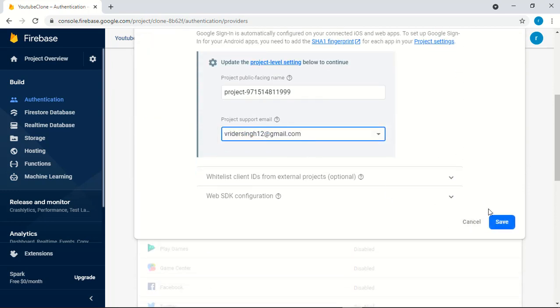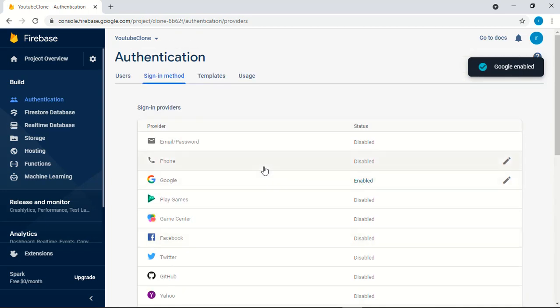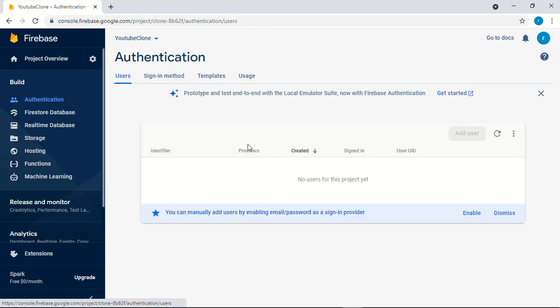Give any connected email, and it will enable the Google sign-in authentication. If you go to users, you will see all the users who signed in to your app.